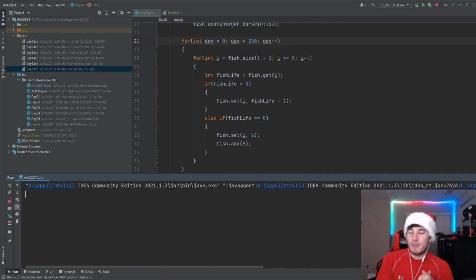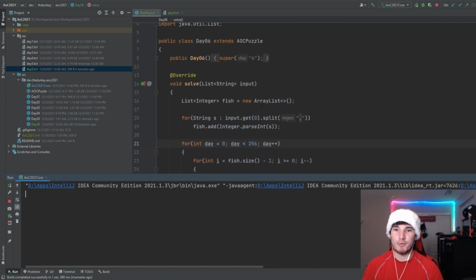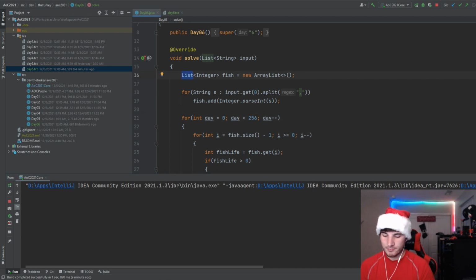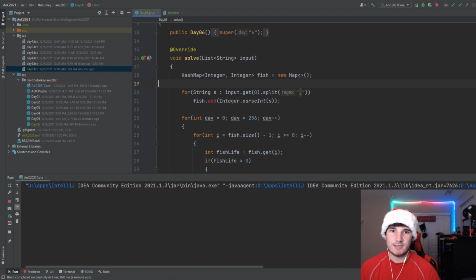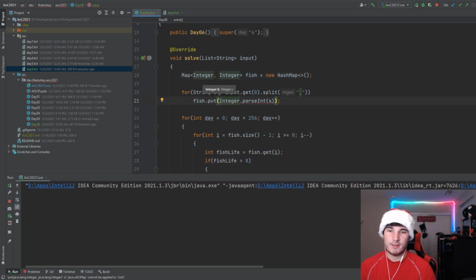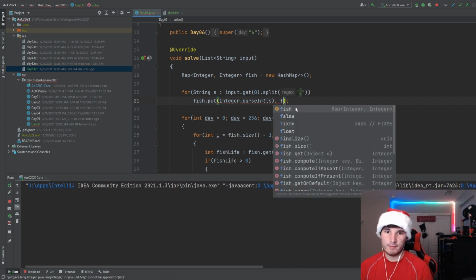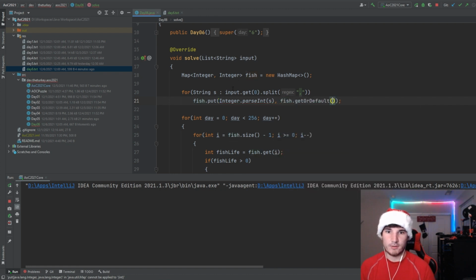So actually, there's a way you can improve this. While it's going, I'm going to improve this. So what we're actually going to do is instead have a hash map here, with integer and integer, and new map. Sorry, this is a map, this is a hash map. What we're instead going to do is fish put, it's going to be this, and then it's going to be fish dot get or default of